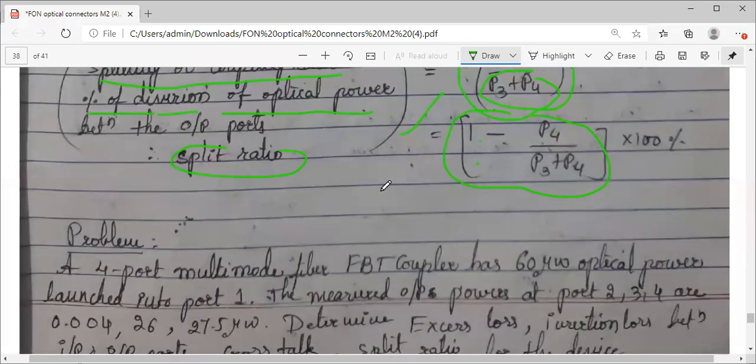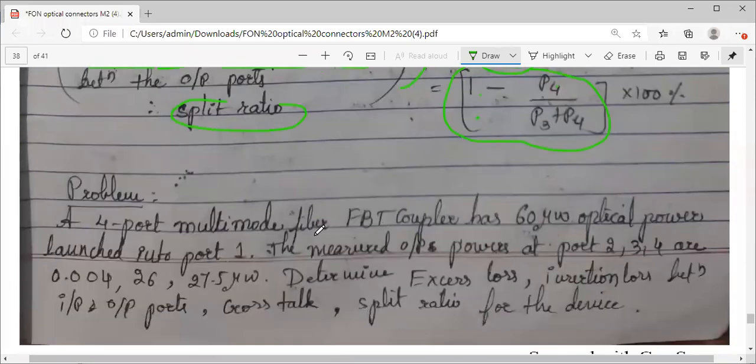So these are 4 equations that I have given you. Based on that, there is a problem here. A 4-port multi-mode fiber FBT coupler. So this is again the fused method you have. It has got the input power at port 1 as 60 microwatts. So the power at port 1 is given to you. The measured output